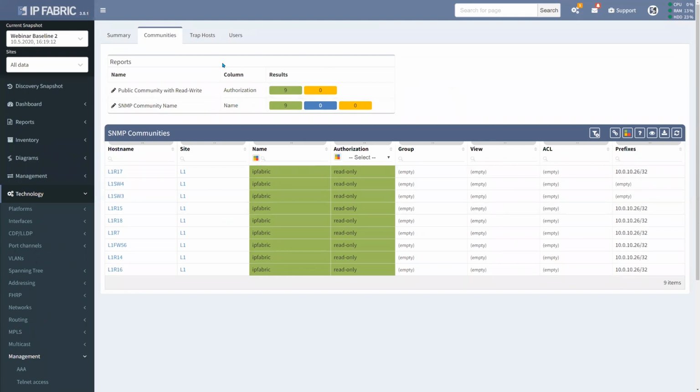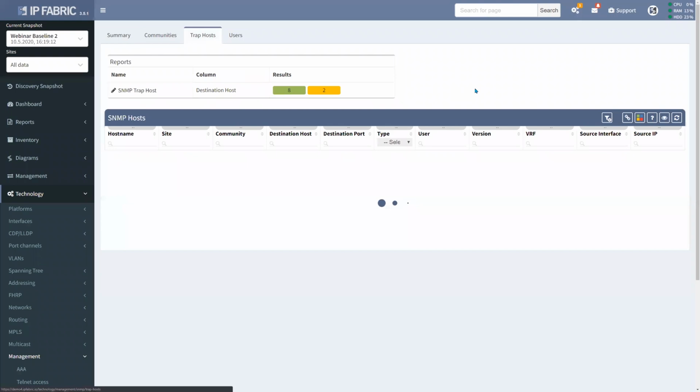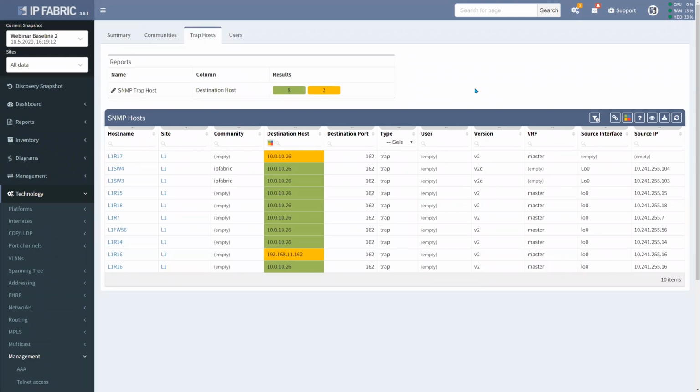What we wanted to focus on is the trap host, because it quite often happens that on the network there are legacy SNMP servers or syslog servers or any other servers that are used for management or monitoring or collecting the traps. What happens is that sometimes when there are tests being performed on the network, we can temporarily set up a couple of servers to send the SNMP traps to, and we forget to remove those servers in the meantime. So we have a lot of legacy trap hosts on our network, and